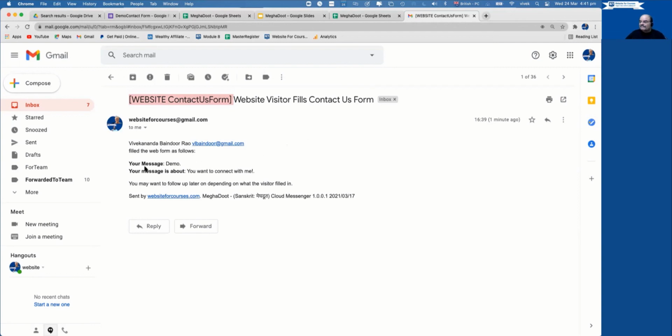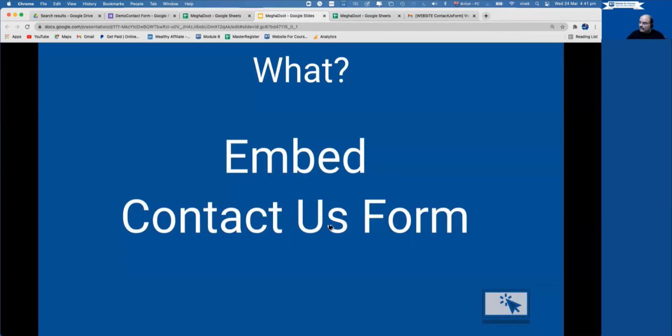And the message, this part is whatever I filled in the form. And this is the message. These words are from the configuration of Megadoot. This is also part of what's there in Megadoot. There, what we have done, we embedded the contact us form.